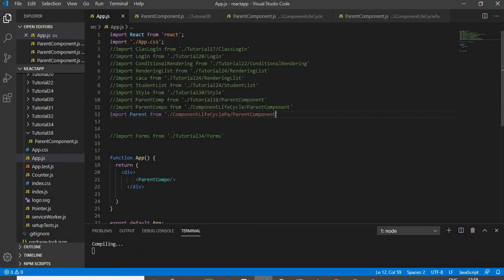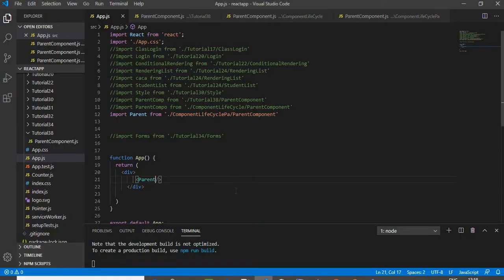Once saving it, I'm going to the browser and verify whether the component has been added properly in the app.js or not. Going to the browser, it displays the name welcome Satish, which I have mentioned in the parent component.